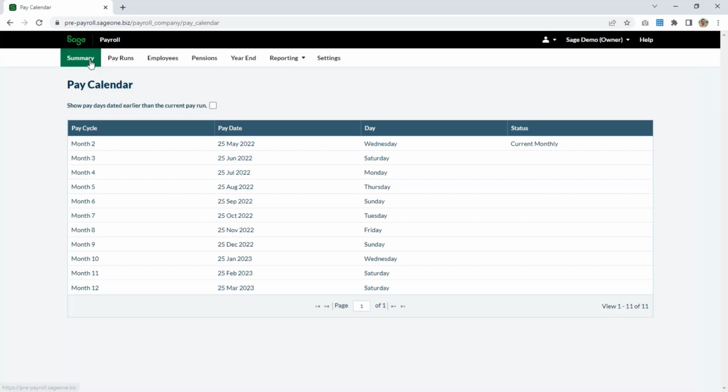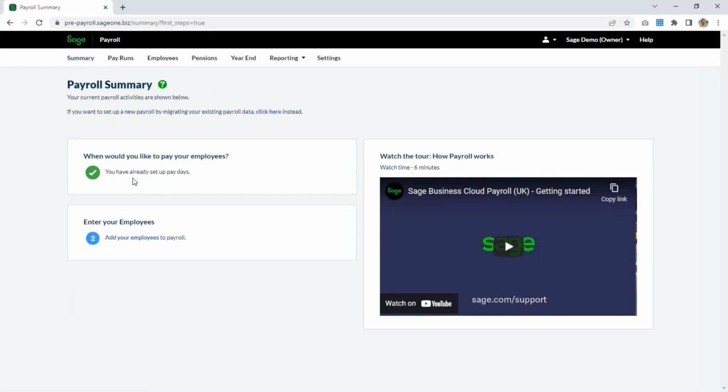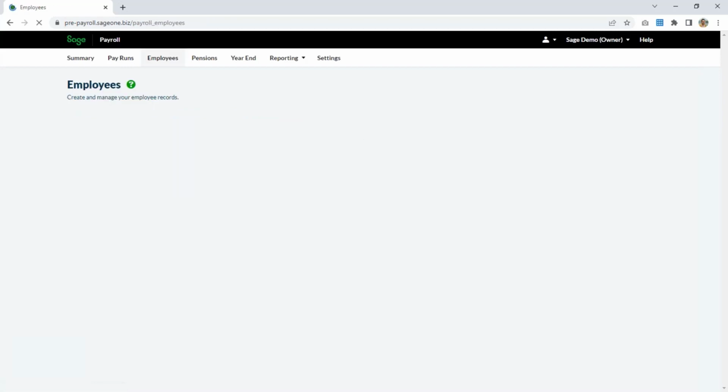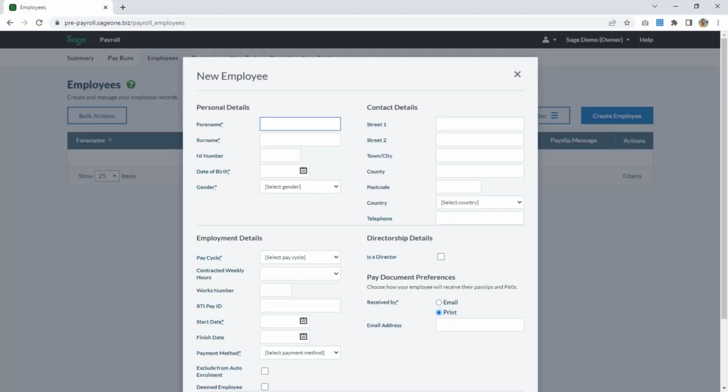So having completed that first step, I can go back to the summary and back into the new company option, and you can see that we have already set up our pay days. What we then need to do is to add the employees to payroll. Now remember, these are new employees I'm talking about for this first demo. So it takes us to the Employees tab. When we click on that step, we can click on to Create Employee here at the top, and then it's